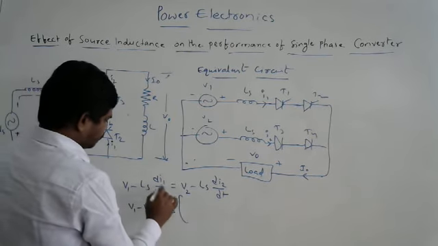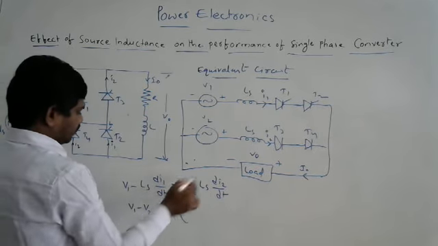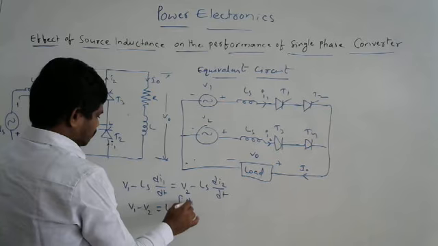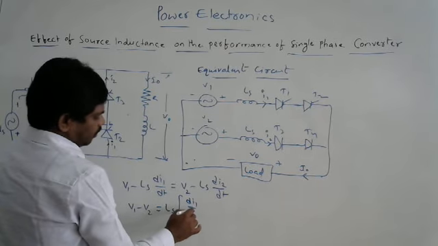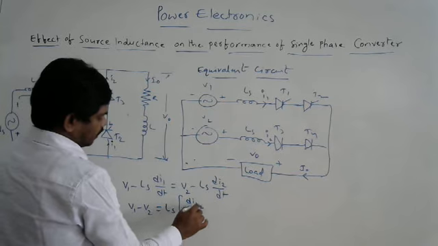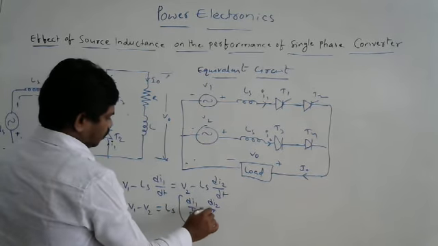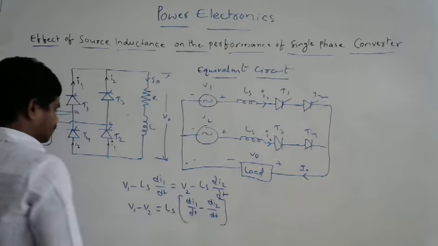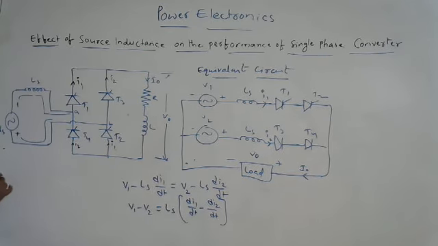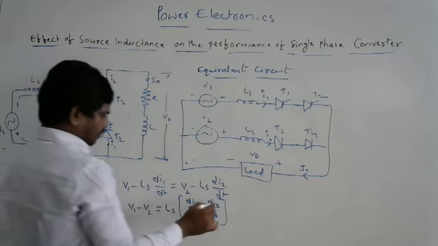If you bring these minus values to the right side, you will get a plus value. Thus, di1 by dt minus di2 upon dt. One more thing we have to remember: as I said, this is the positive half cycle, so V1 is equal to Vm sin omega t, and V2 is equal to minus Vm sin omega t, because this is the negative half cycle. Just substitute these two in this equation, we will get